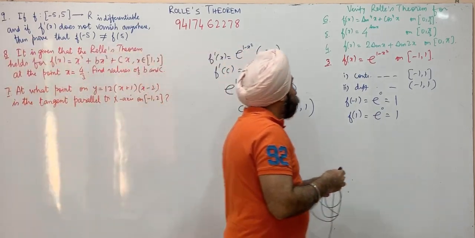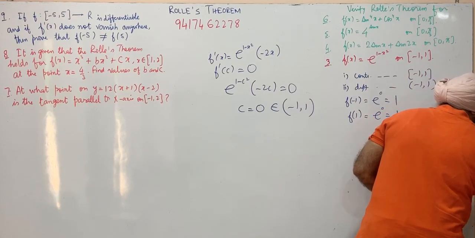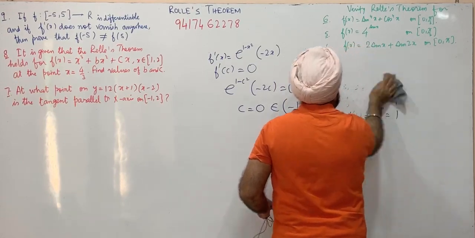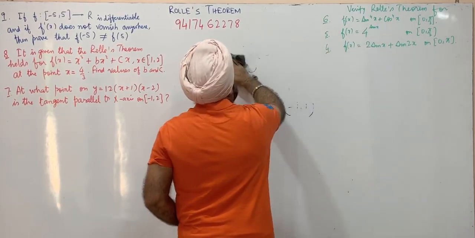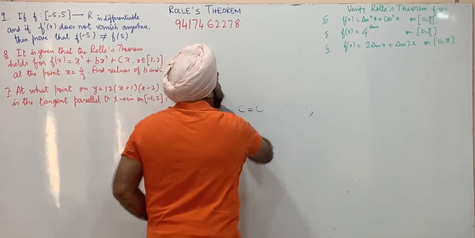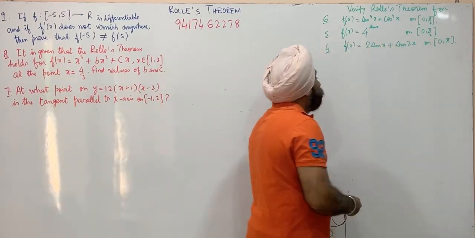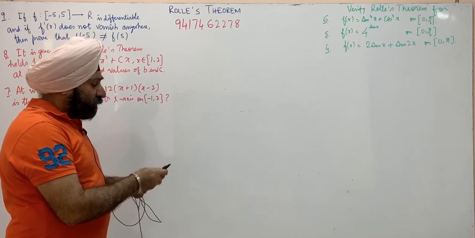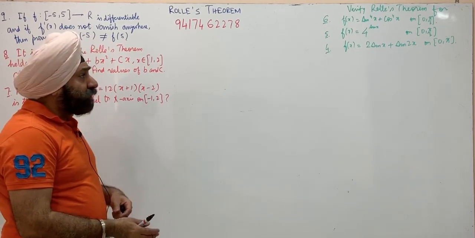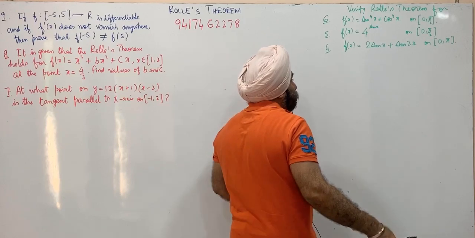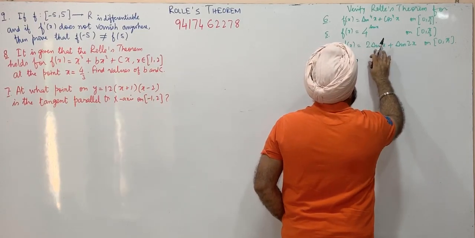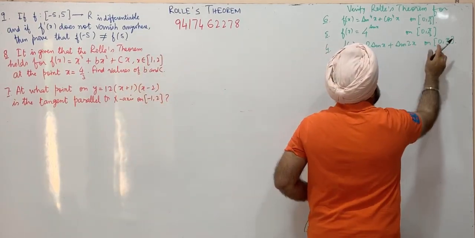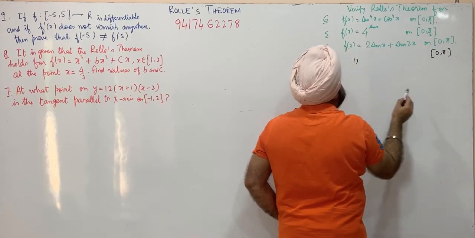The fourth question, we have f of x is equal to 2 sin x plus sin 2x, the given interval 0 to pi, first and second quadrants, and we have to verify Rolle's theorem for this function. So, 2 sin x, this sin of x is a continuous function, this is also differentiable. Similarly, sin 2x is continuous as well as differentiable. So, we will write f of x, being the sum of two continuous functions, is continuous everywhere, in particular for this closed interval 0 to pi.